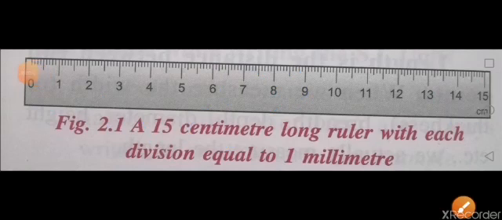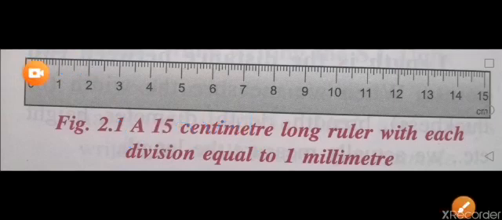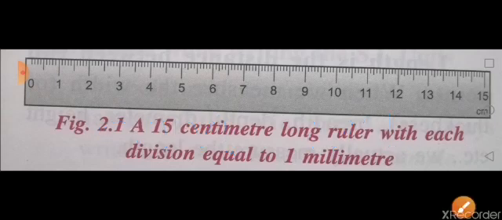And again if you could see, each centimeter is further divided into 10 equal parts, and each equal part will be of 1 millimeter. Clear? Hence, you can say that a meter ruler is marked in millimeters and centimeters. So, this is a basic idea about your meter ruler. Now, let us see how we have to take readings in a meter ruler.